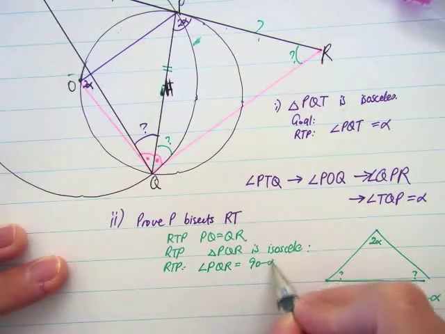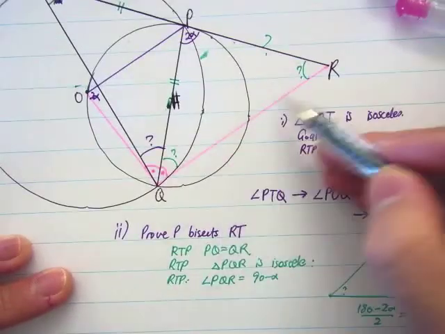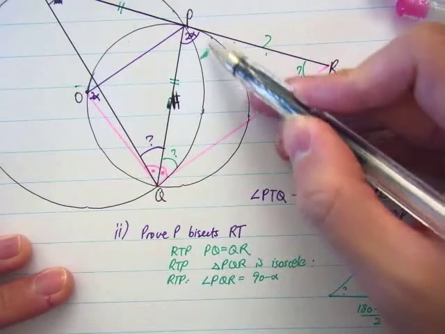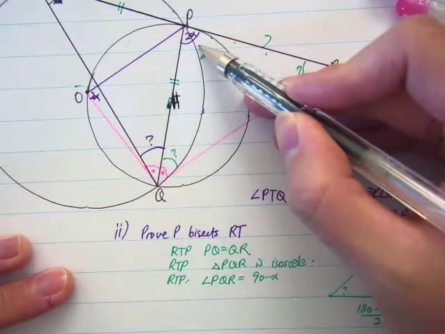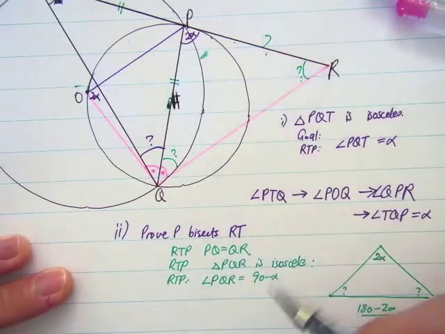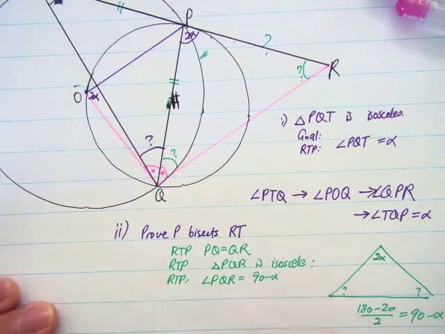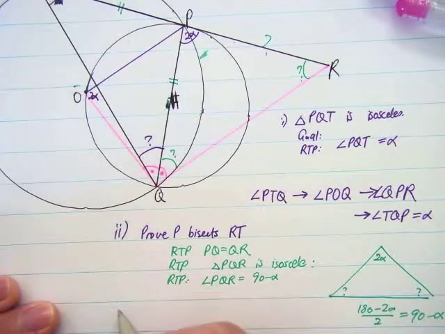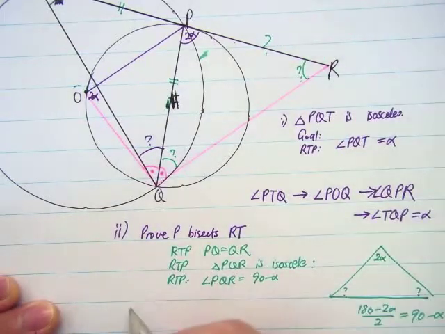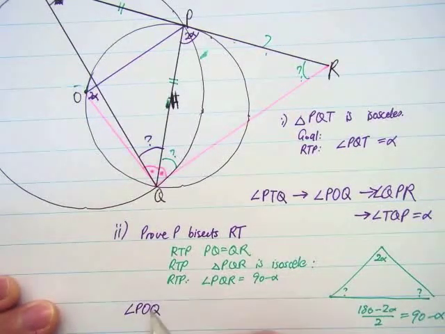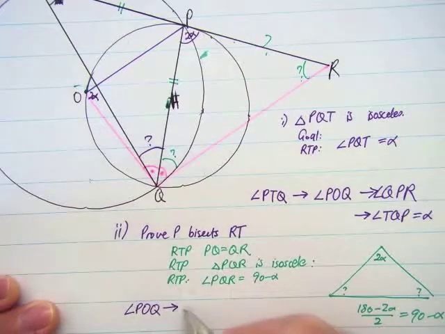is 90 minus alpha, then the rest falls through, because if that's 90 minus alpha, you can conclude that that is also 90 minus alpha just using the angle sum of a triangle, because we got 2 alpha here labeled as we progressed through question part 1. How do we prove that that's 90 minus alpha? Very easily, because what actually happens now is that you start from part of the working out from part 1. You start from the fact that angle POQ is 2 alpha. So one of the base angles,